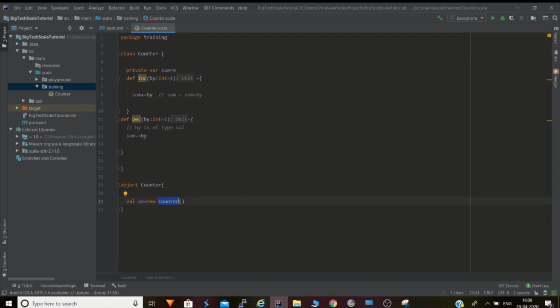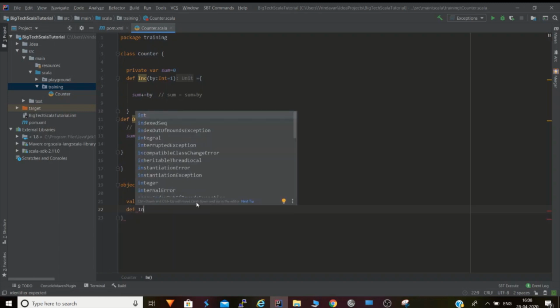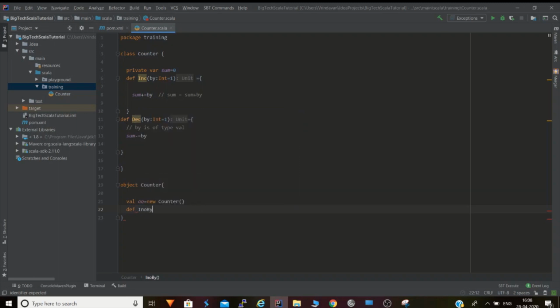We create an object in it, and here we create a method for how many times we want to perform the increment. Suppose we are incrementing by 1, but how many times do we want to increment it? Suppose we want to increment 10 times by 1 or 20 times. That we can implement over here.